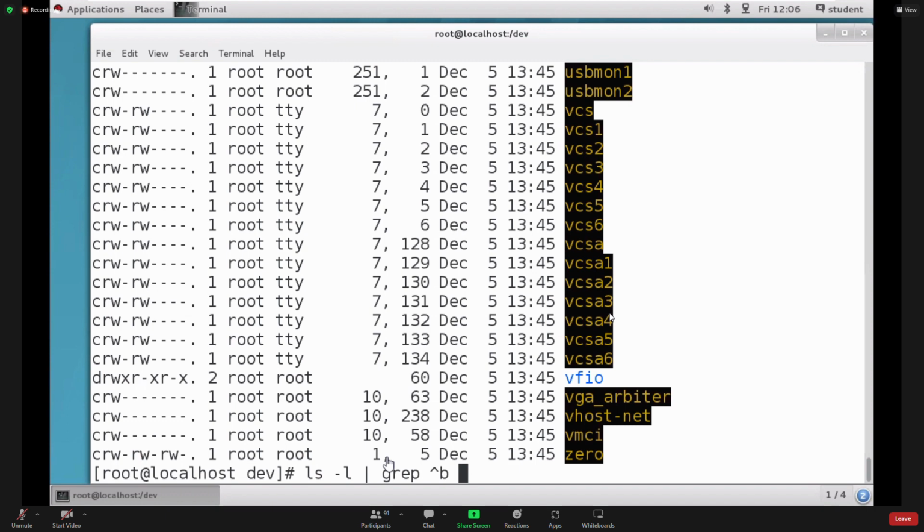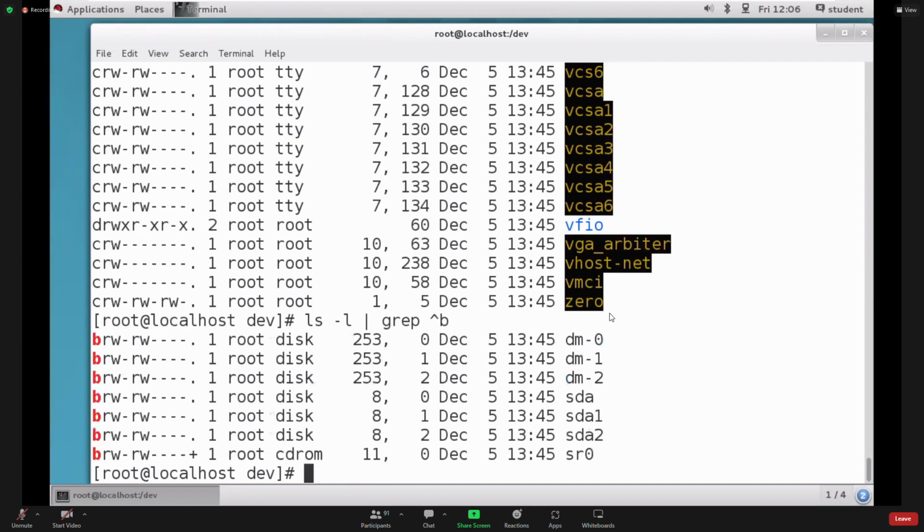What kind of output do we need? We require only block files. How do you find the block files? You should have b in front of the file name in the output. So in the output we need to consider the first letter, which means we should use one expression called caret. Caret is an expression that considers the first letter of our output. What first letter should we have? b. Those are all block files. Then hit enter. See,